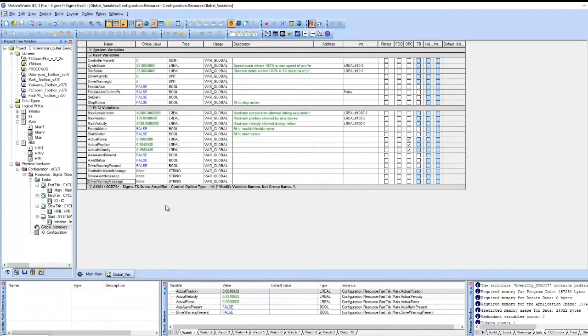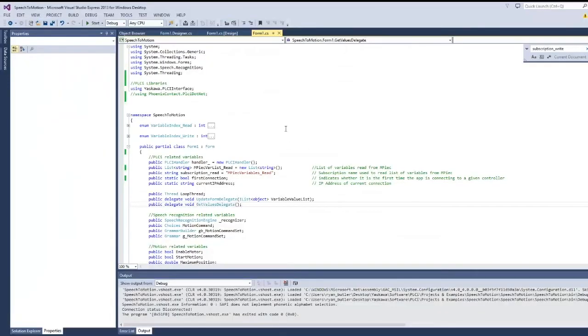I'll show you the .NET application now and describe how the two are integrated together. So here's the code for my .NET application. Again, this was written in C#. I won't go through all the inner workings of the code, but just point out the key areas where PLCi is involved. First one is the library that I'm actually using,